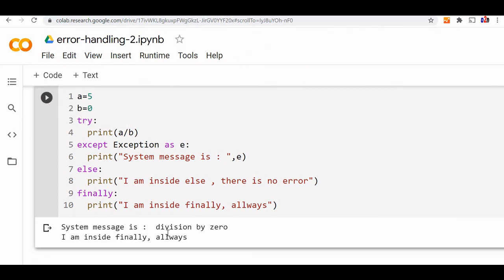When we use finally, it is like whatever the condition. Suppose we have opened a file and there is some error. Irrespective of whether an error is there or not, we need to close the file object. So there we will use it. If it is a database connection, there also we will use it, because irrespective of error or no error, we have to close the database connection. That is usually the case: the code for closing the database or the file is kept inside the finally.